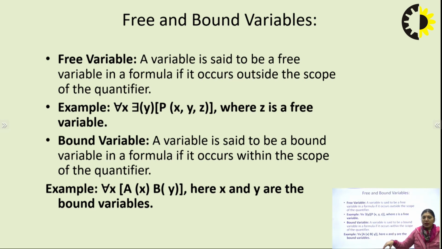तो ऐसे वेरिएबल अगर मुझे आइडेंटिफाई करने हैं अपने डोमेन के अंदर, अपने प्रेडिकेट लॉजिक के अंदर, जो मेरे कहीं यूज नहीं किए गए हैं, that is your free variable. ठीक है बेटा, so for example, let's see an example for that. For all x, for some y, p x y comma z, where z is a free variable. क्योंकि हमने यहाँ पर x और y को रिप्रेजेंट करा है, हमारा x यहाँ पर यूज हो रहा है, हमारा y यहाँ पर यूज हो रहा है. For all x, for some y, इन दोनों का यूसेज हम कर रहे हैं, but z का यूसेज यहाँ पर कहीं पर नहीं हो रहा है.